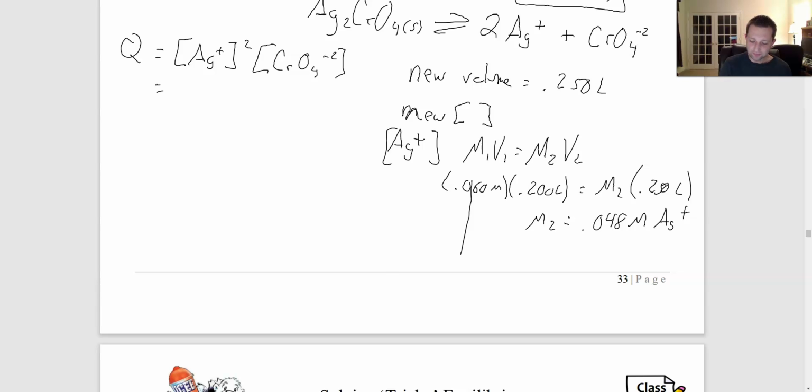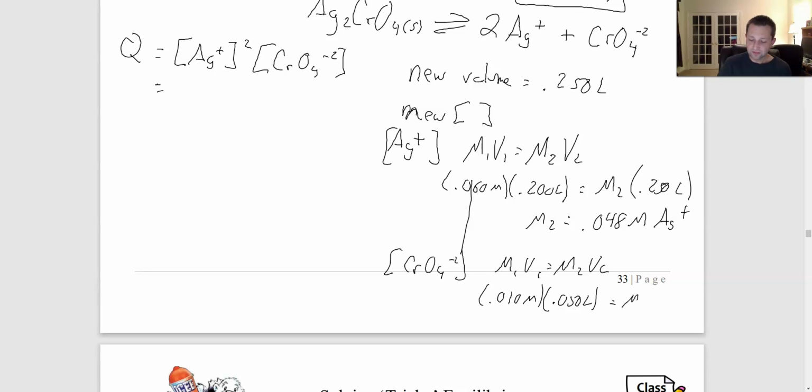So for chromate, M1V1 equals M2V2. M1 we said was 0.010 molar. V1 0.050 liters equals M2. And your V2, we already said up here, our new volume was 0.250 liters. These are all going into the same flask or container, right? So that's why our new volume is additive of our two volumes that we started with. So we solve for it, you get M2 equals 0.002 molar